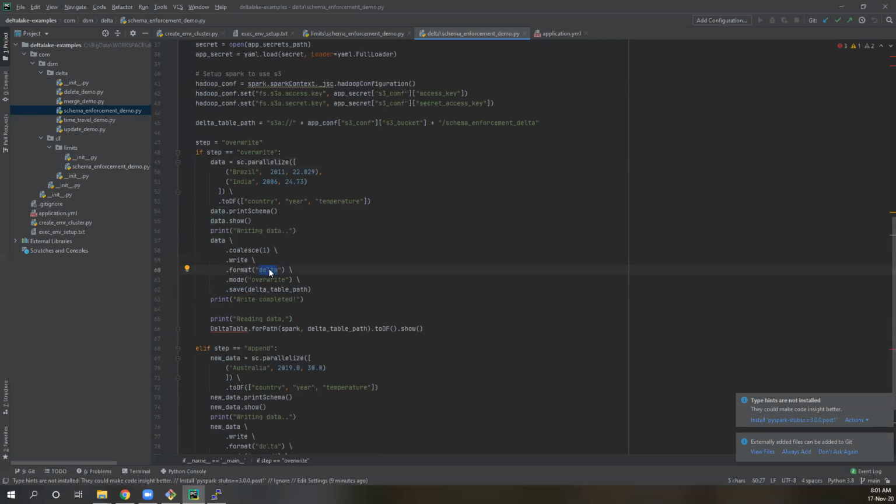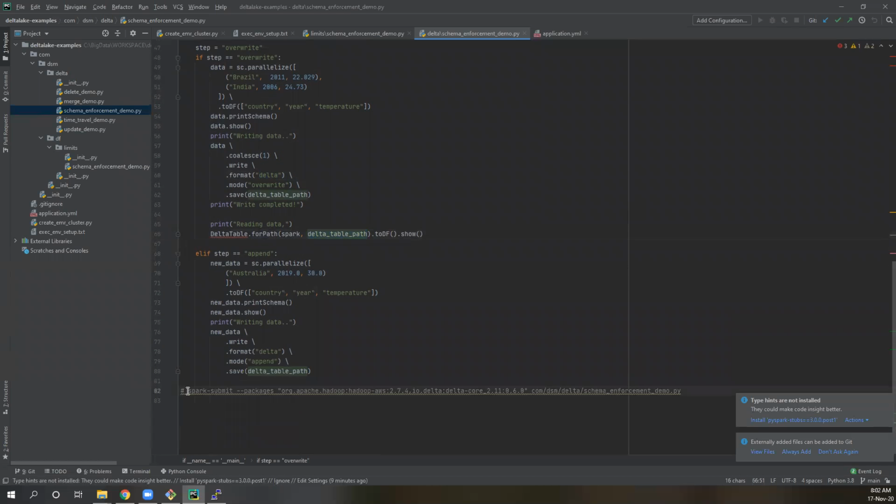After writing the data, you want to read and see the content. Now you won't be able to read it as a normal Parquet file. You have to read it using the Delta table syntax: DeltaTable.forPath, then you mention spark, which is the Spark session object, and then the path. You read this as a Delta table, convert it into a Spark data frame, and call show: deltaTable.toDF.show. So if you just run this,